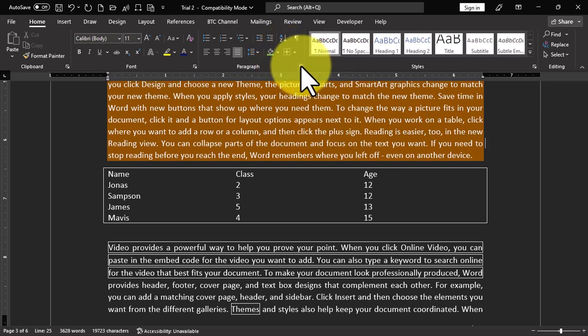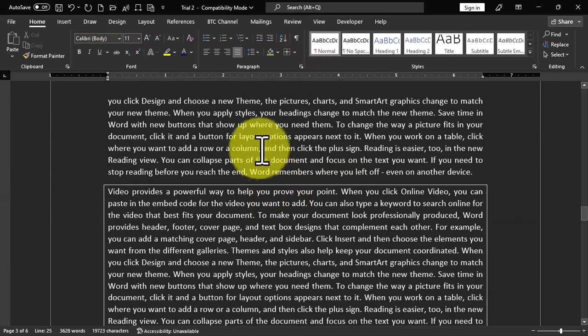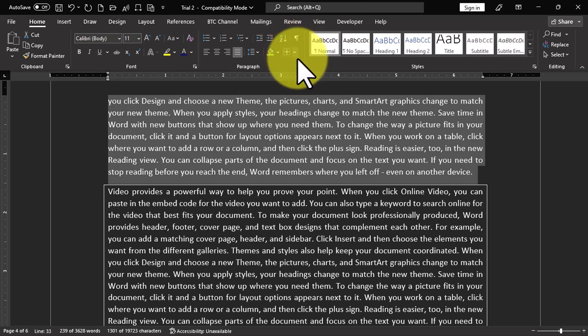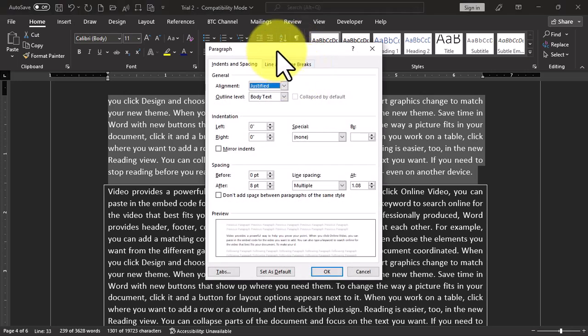Now we have this dialog box here, and this is called the paragraph settings, and it says fine tune the layout of the current paragraph, including spacing, indentation, and more. So if I select this paragraph and move to this arrow, click, I'm going to have this paragraph group, and I can choose these two tabs to modify my selected text. So now it says alignment is justified. You can change to left, and then outline level is body text. You can change to maybe level 1, level 2,